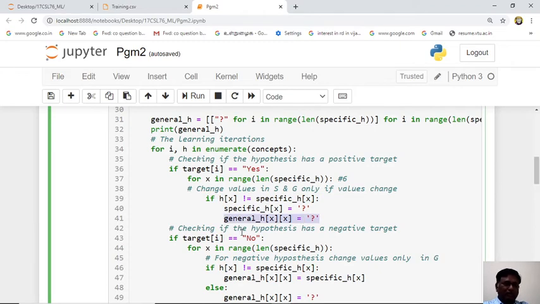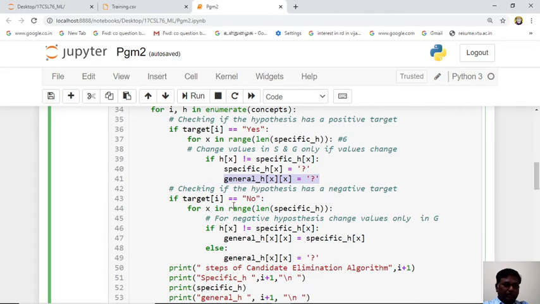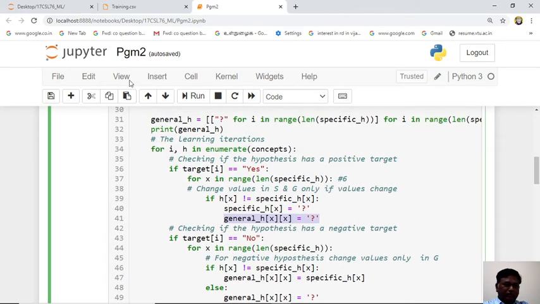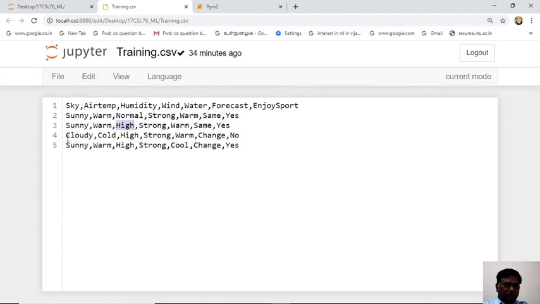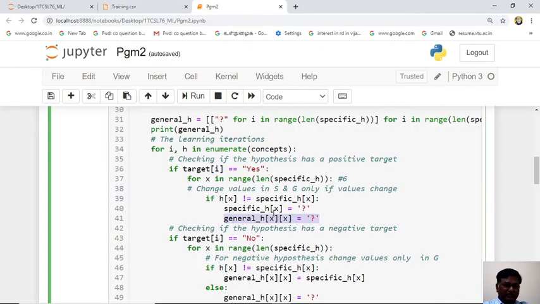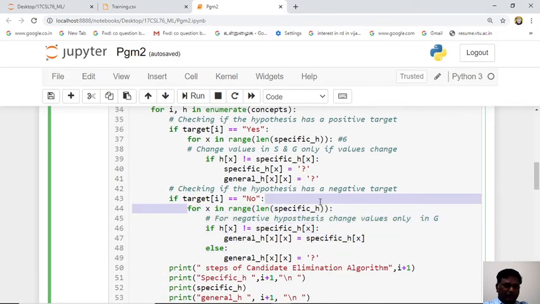Okay. Now we will see for the no case. This column is the no case. No case means the generalization will be updated. Again the for loop will run 6 times. So this is the inner for loop. Once this inner for loop is over, this outer for loop will do for yes and no one time, then again second time, third time, fourth time. Like that this outer for loop will do for all the concepts.